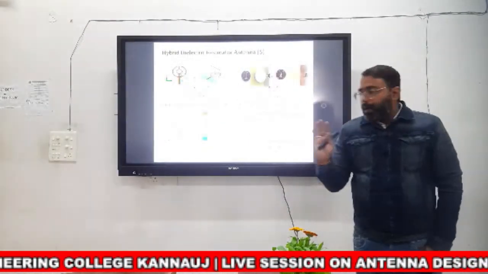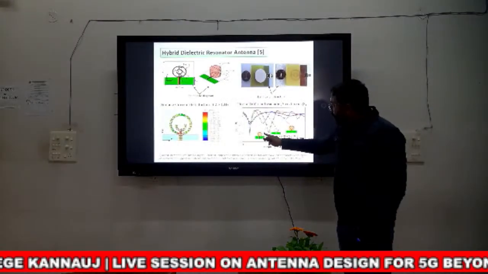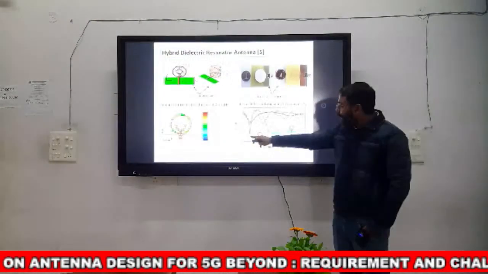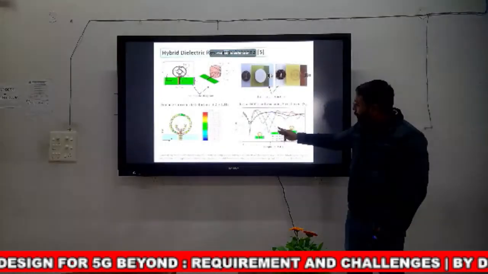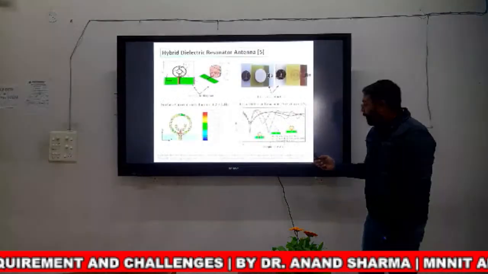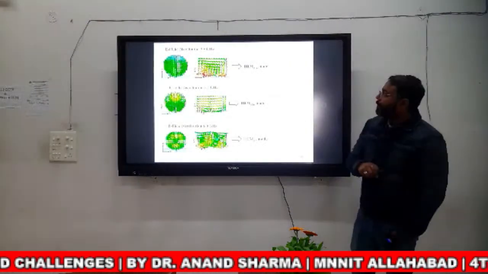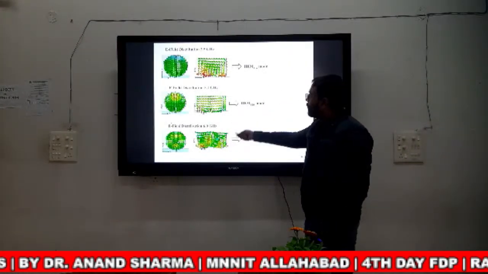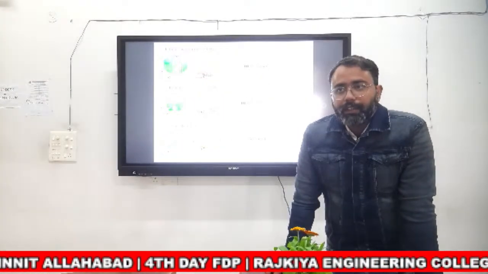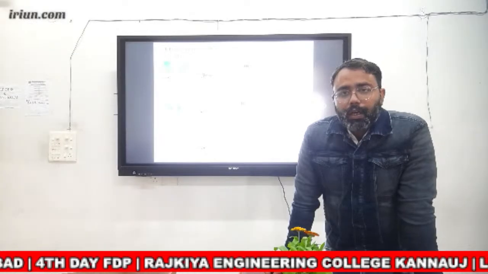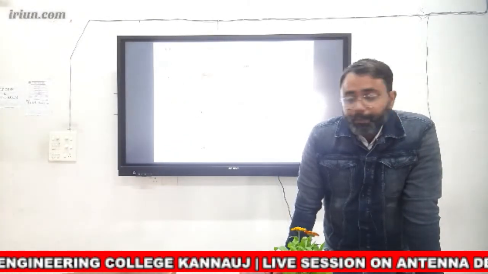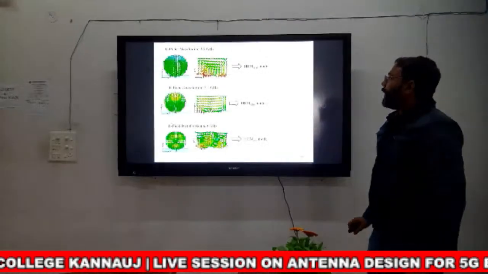Okay, and when we analyze this structure, this resonant peak is due to this monopole, and the remaining 3 resonant peaks are due to the ceramic. Okay, now I perform the modal analysis of this structure, which is actually used to find out which type of mode is created inside the DRA. Okay, so let us suppose that